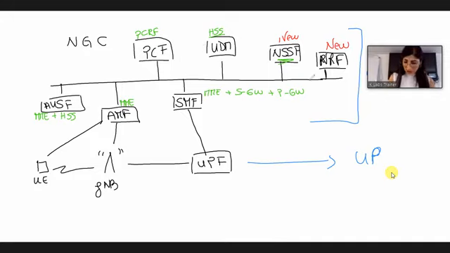And this communication interface that we represented as a bus is compliant to the Internet protocol. So this is the new structure for the next generation core, for the 5G core network.